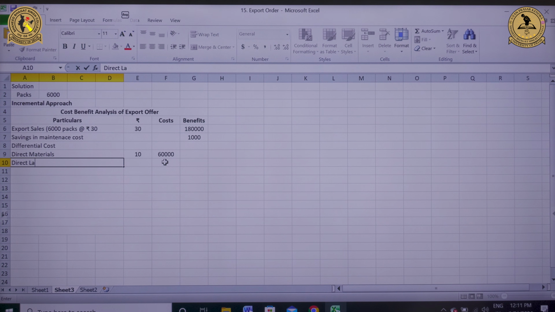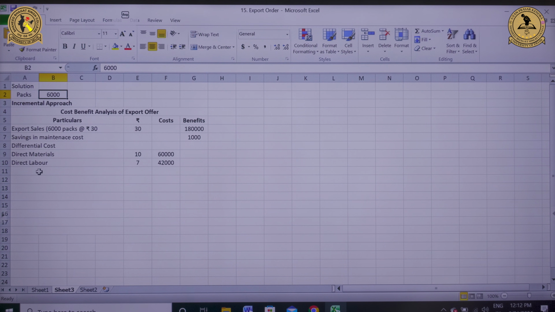The next is direct labor. Again, the direct labor cost is Rs 7 per pack. So instead of typing this formula again and again, I can now drag it. By simply dragging it down, it comes out to be 42,000. Let me double click on it to show you the MS Excel function. What I have done is equals to E10 multiplied by $B$2. So if I fix this cell with a dollar sign, I can also drag it